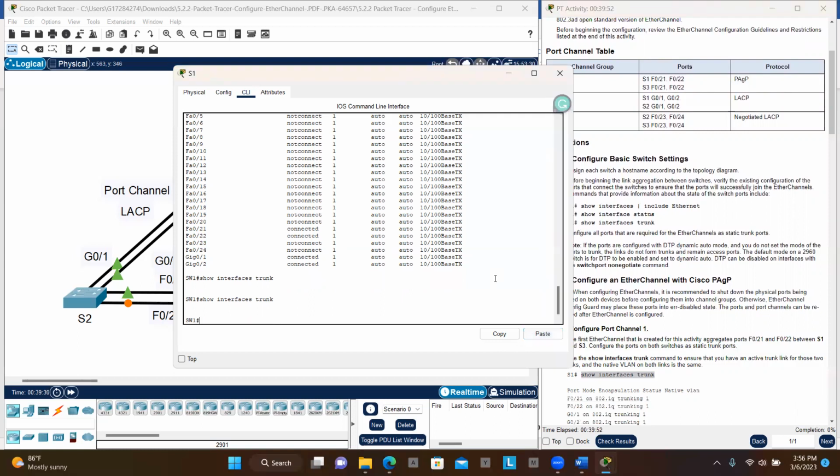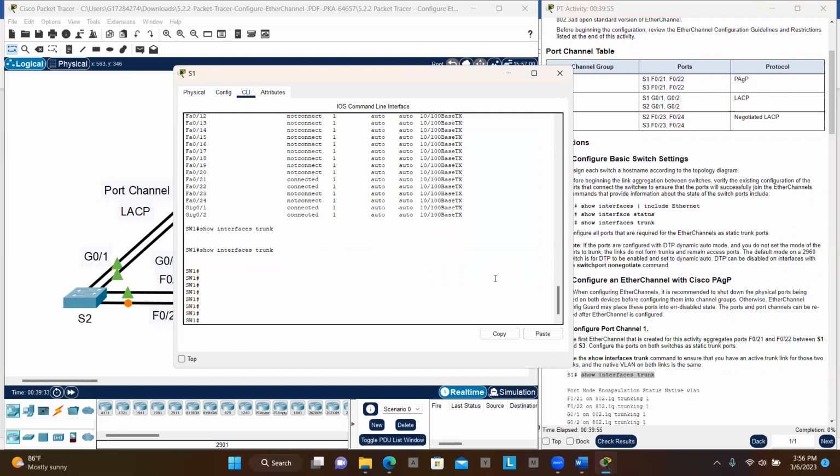Show interfaces trunk. So the first list that is created on this aggregated, use the command to ensure that